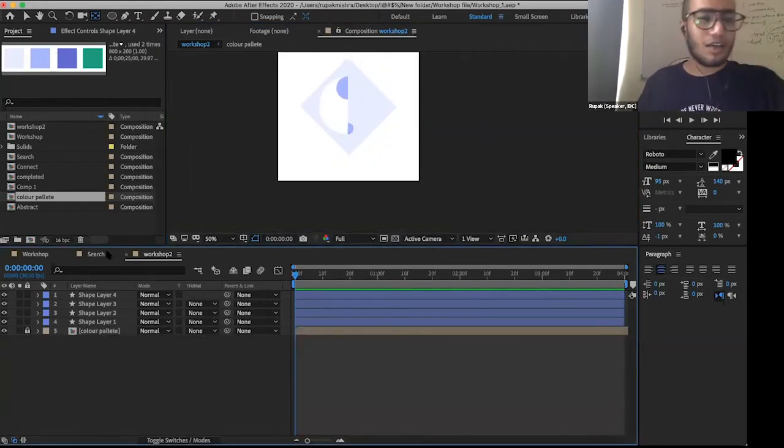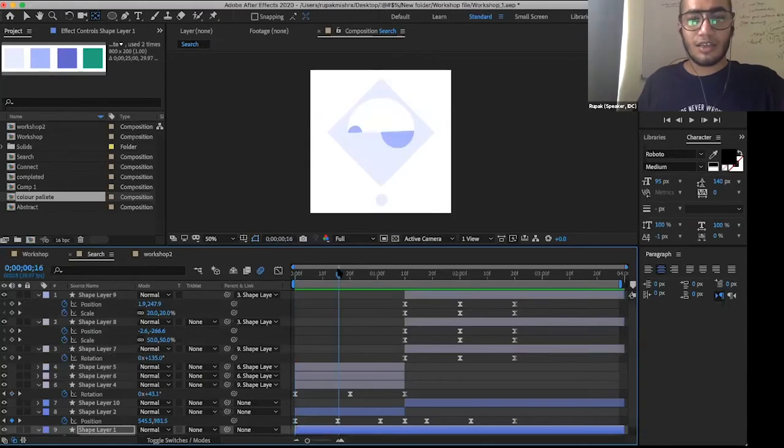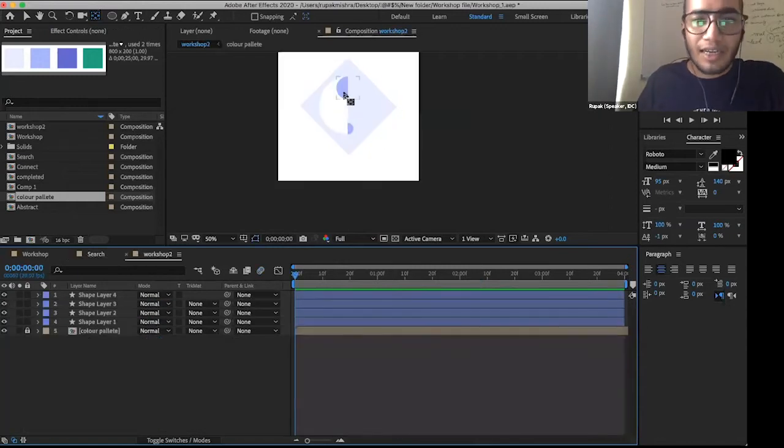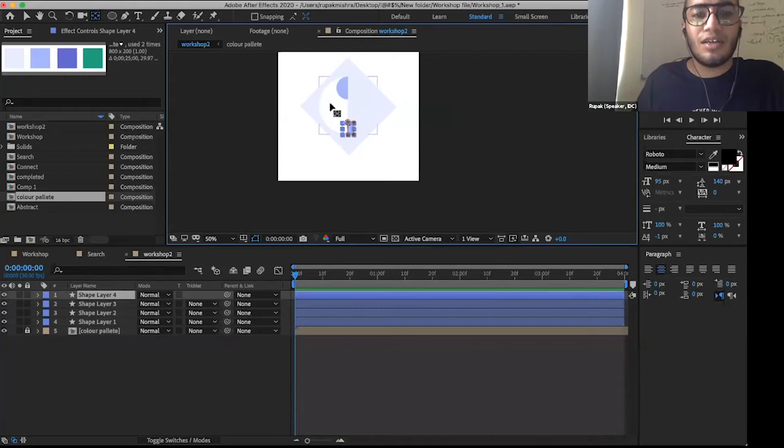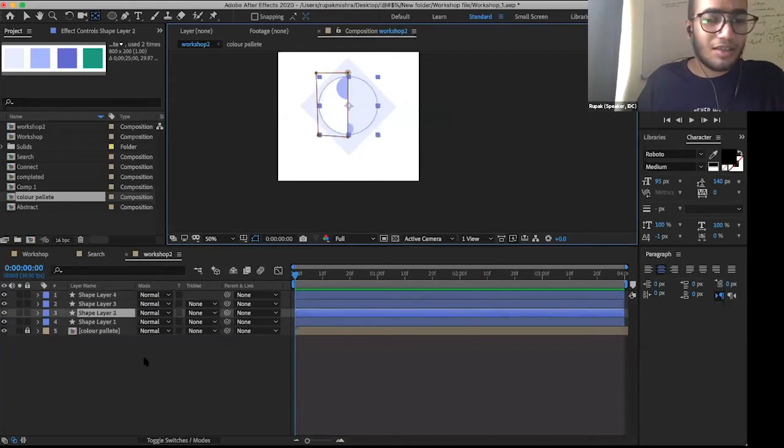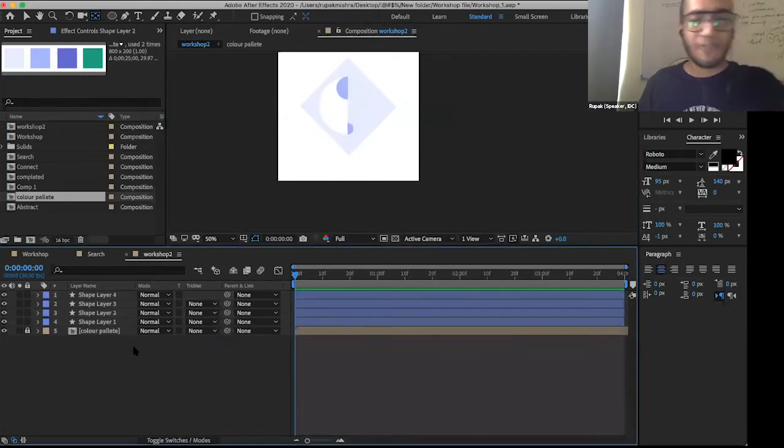What we want to do, you can see in this animation, is that the small shape layers also move, and along with it the bigger semicircle also rotates, and the small semicircle is connected to the bigger semicircle. So we'll try to connect these two to the bigger semicircle. We have done that previously by using the parenting tool, so we'll do the same thing.